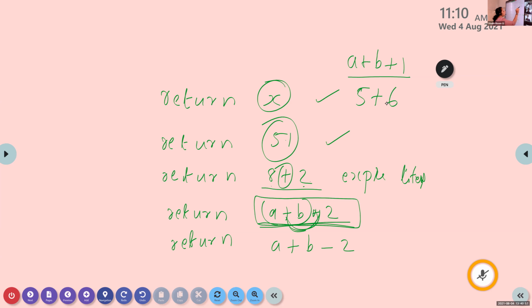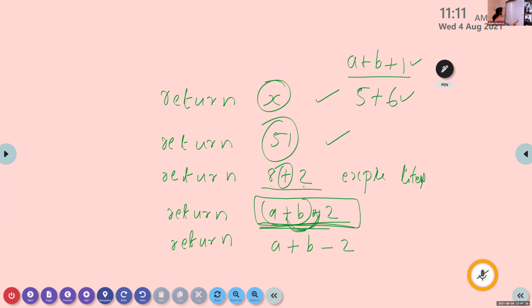That means along with an operator, I'm using two constant values. An expression means a normal mathematical equation. When we write a mathematical expression or mathematical equation in Python, it is known as an expression. So these are the examples of expressions.